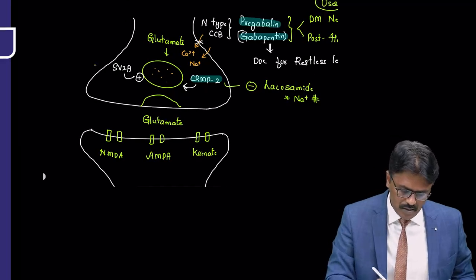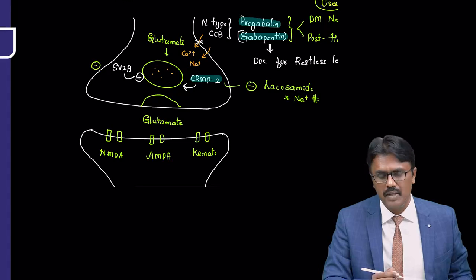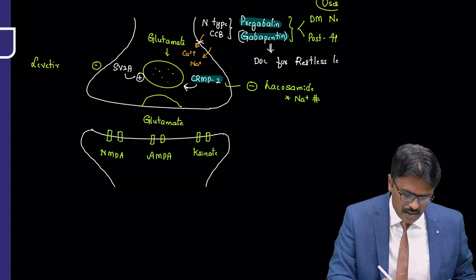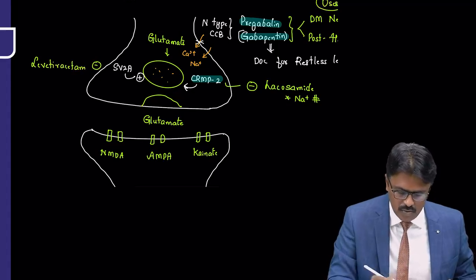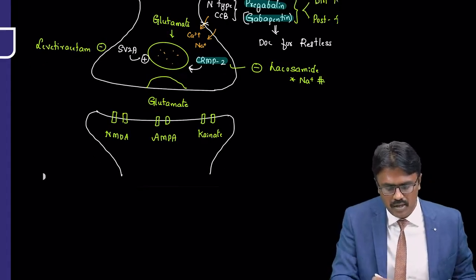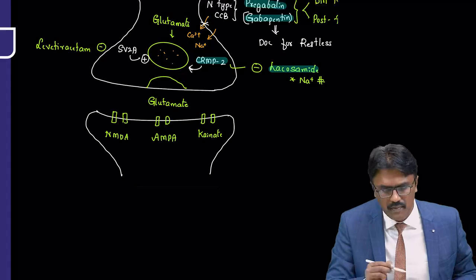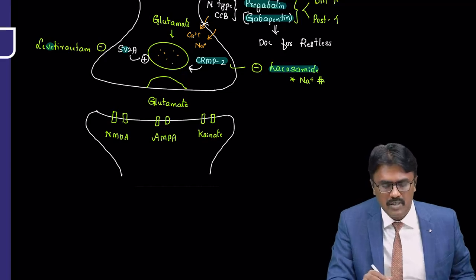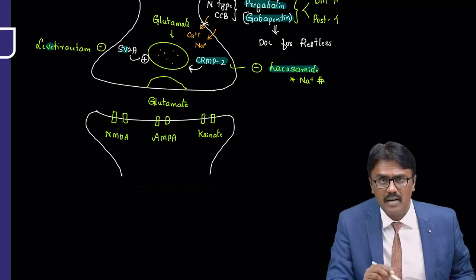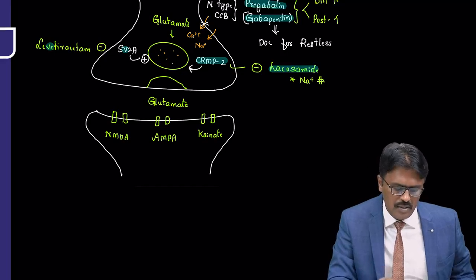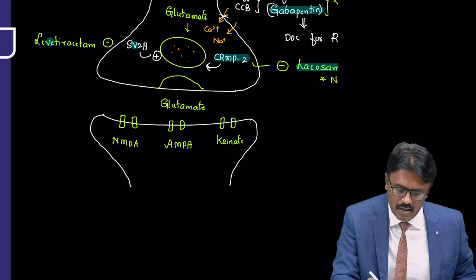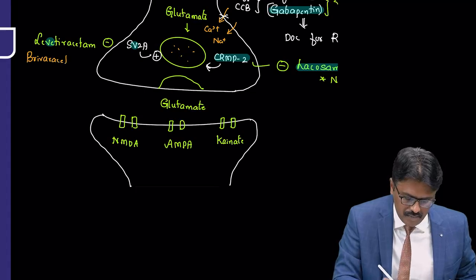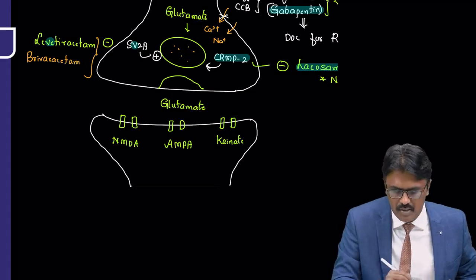You can also inhibit the SV2A protein. So SV2A blockers are levetiracetam. Many times you will confuse lacosamide and levetiracetam. Remember, leve, V for vesicle, SV2A. So SV stands for synaptic vesicle 2. So the name is levetiracetam, and one more drug is brivaracetam. So these two drugs inhibit SV2A.